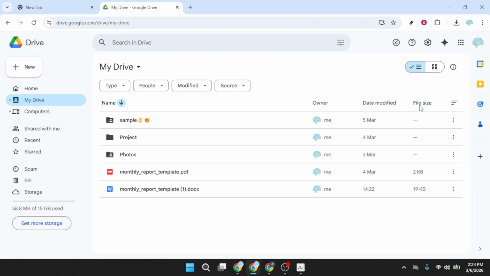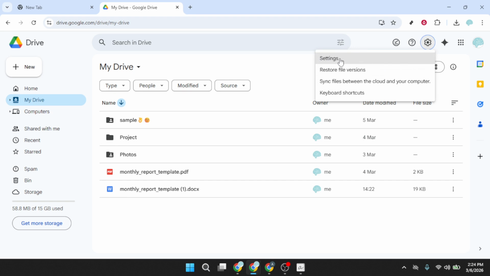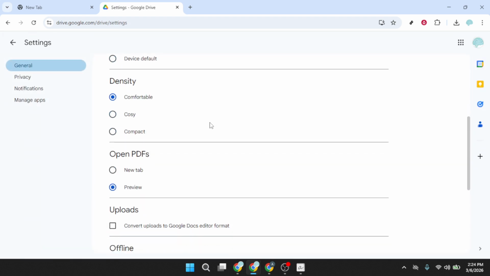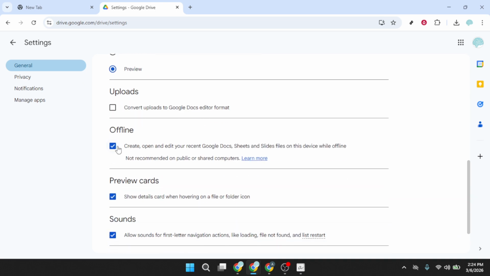Once Drive is open, go to the top right and click the gear icon. This opens your Drive settings. In the Settings window, find the Offline section. Here's where you turn on offline access. Check the box that says you can create, open, and edit your recent Google Docs, Sheets, and Slides on this